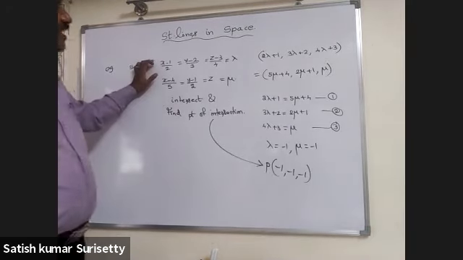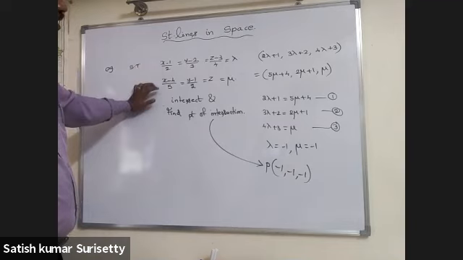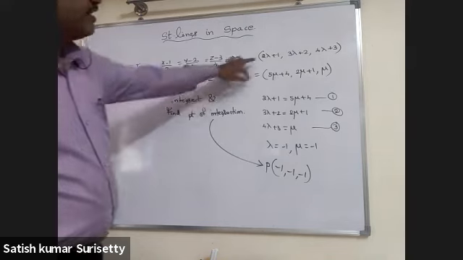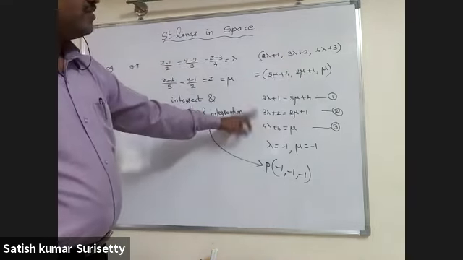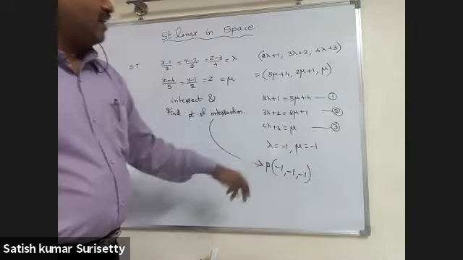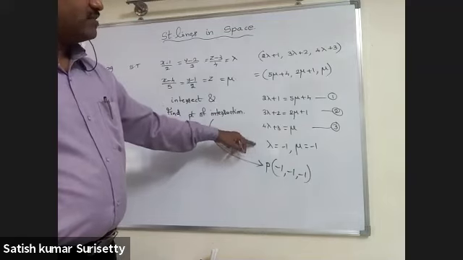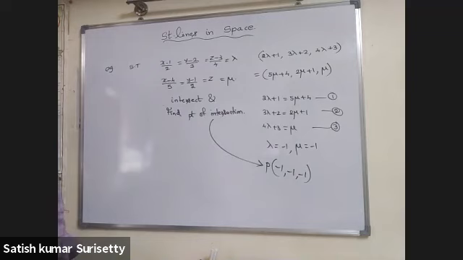Any point on line 1 is 2 lambda plus 1, 3 lambda plus 2, 4 lambda plus 3. Any point on line 2: 5 mu plus 4, 2 mu plus 1 and mu. So equate the x coordinate, y coordinate, z coordinate. Then you'll have three equations. Solve any two equations. You'll get lambda equal to minus 1, mu equal to minus 1, and it satisfies the third equation also. The point of intersection is minus 1, minus 1, minus 1.